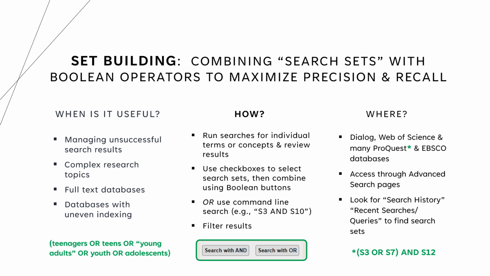The next step is to search for each term or concept one at a time. This is where your lists of synonyms come in handy. To search concepts with multiple synonyms, you can write a single search statement that links individual synonyms with the Boolean OR operator. For example, if you need to find information on teenagers, you might search for teenagers or teens or